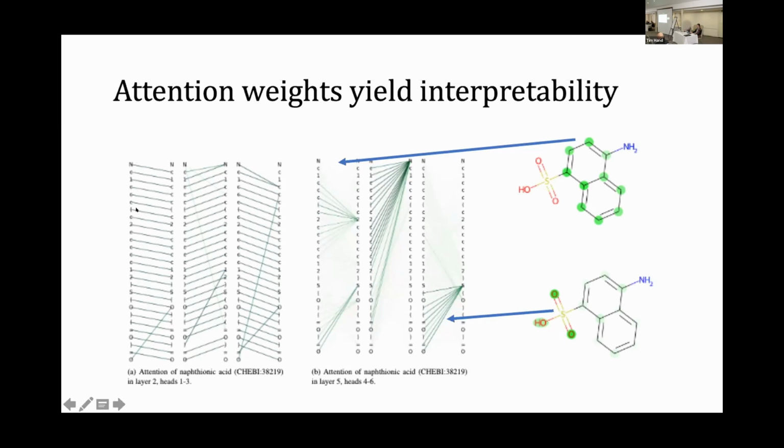In this layer, the attention seems to be looking at the neighborhood. So it seems to be learning the language. This is a SMILES string. It's a linear representation of chemical structures. And in this layer, the attention is looking at groups. So it's looking really at the chemical structural groups. And I thought that was really exciting, so I wanted to share it.